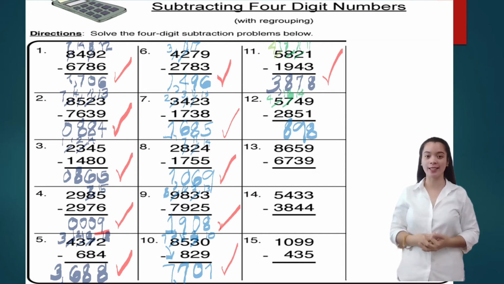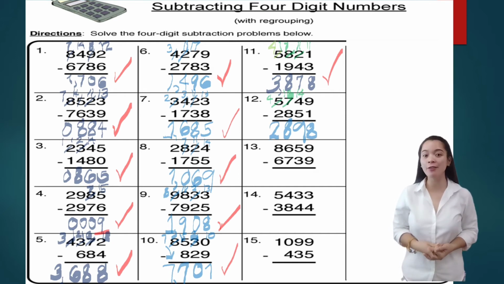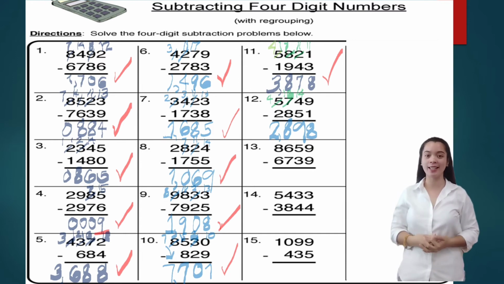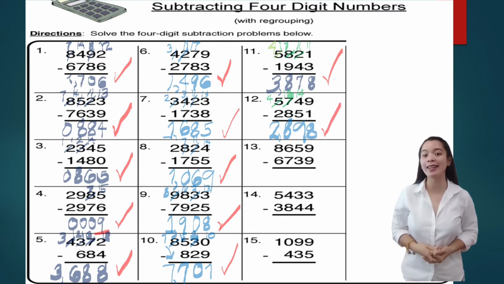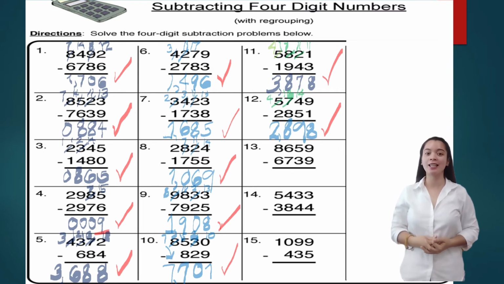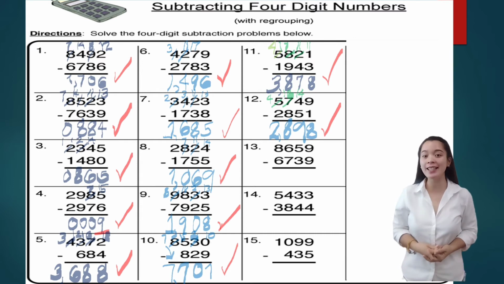4 minus 2 equals, okay, very good, 2. So our answer is 2,898. Who got the correct answer, kids? Okay, check your work. Okay, let's move on. We have number 13. So we have here 8,659